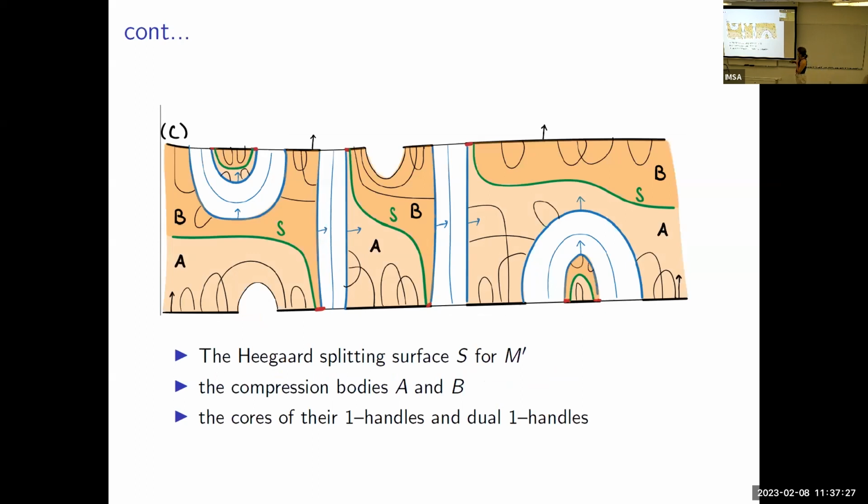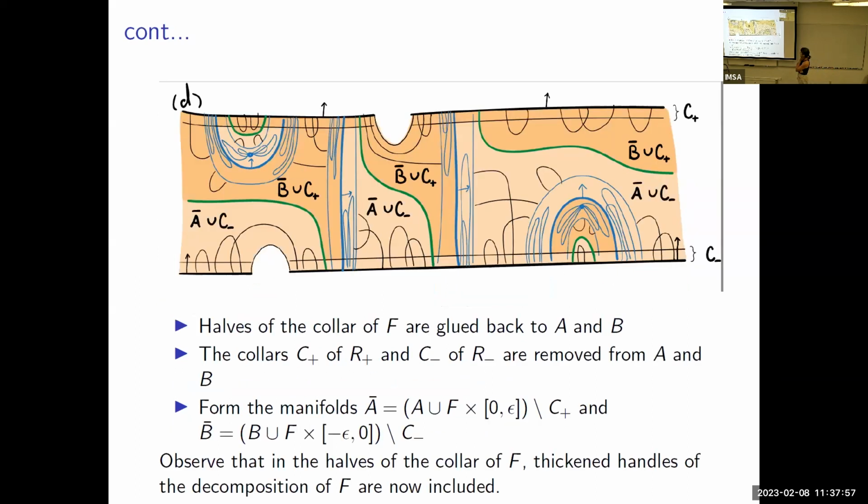Here now we see the Heegaard surface for the decomposed manifold along F. We can also see the compression bodies and the cores of the 100s and the 200s. Okay, so in this picture, we have added